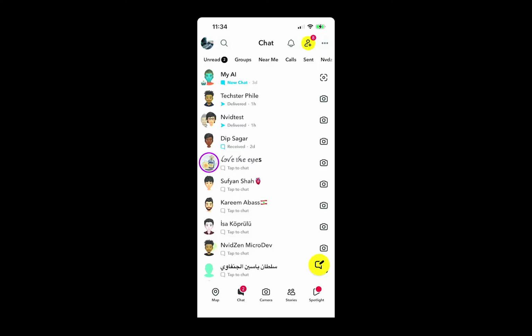You have now turned off Snapchat story notifications for all friends or just the ones you choose,